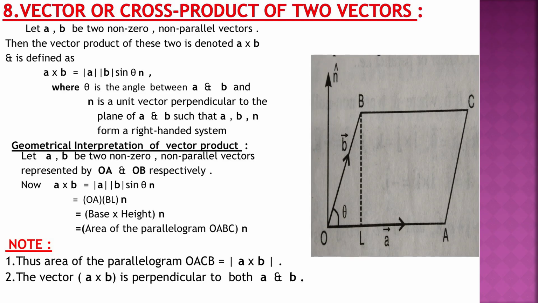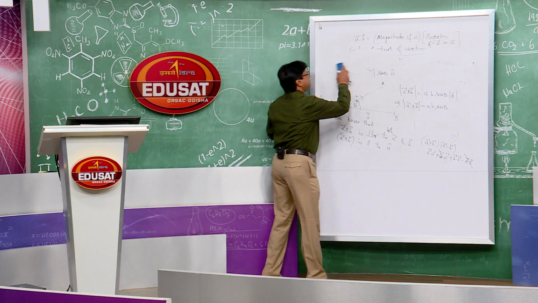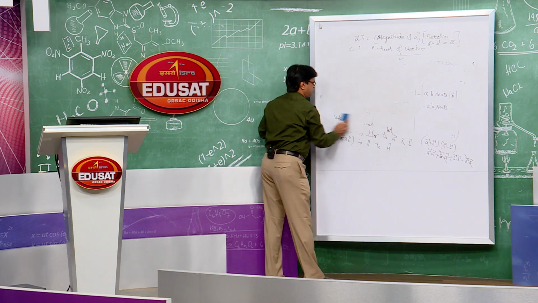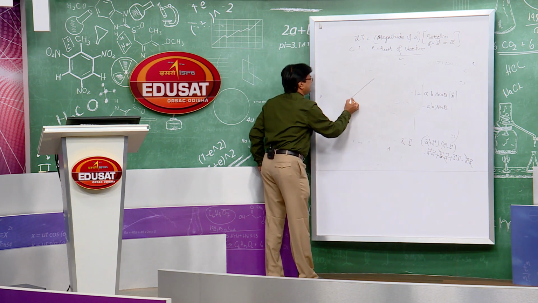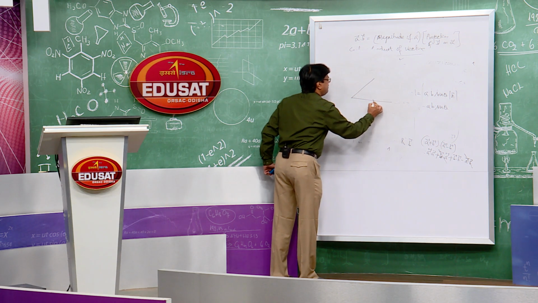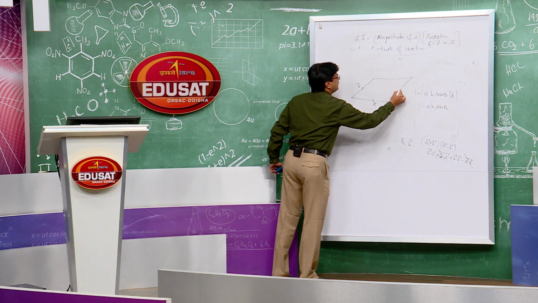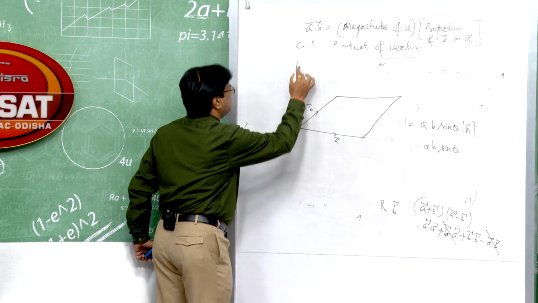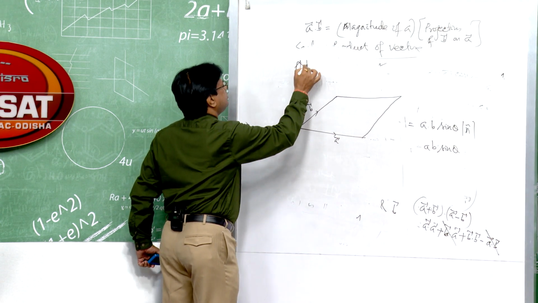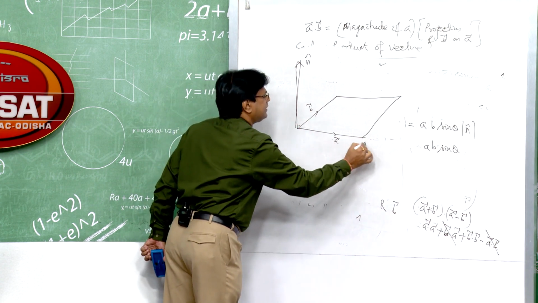Now, we will start the geometrical interpretation of vector product. So, what is the geometrical interpretation of vector product or cross product? Take two vectors, suppose A vector and B vector. Now, we draw a parallelogram. This is your n cap. So, if this is your vector A and B,